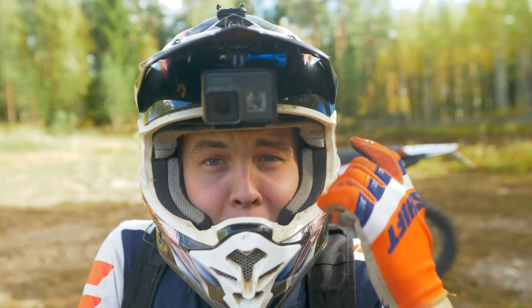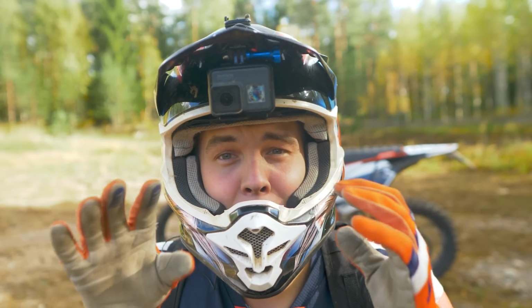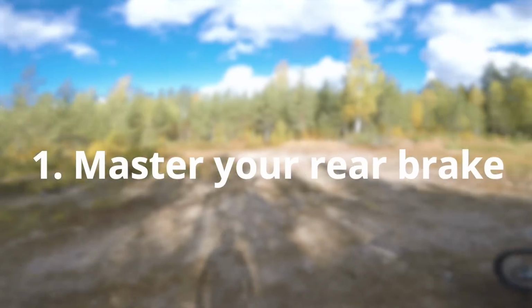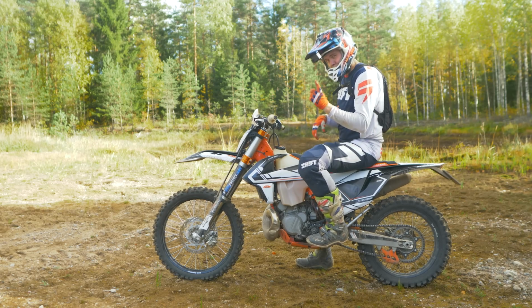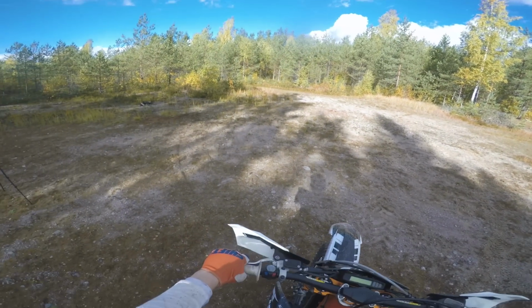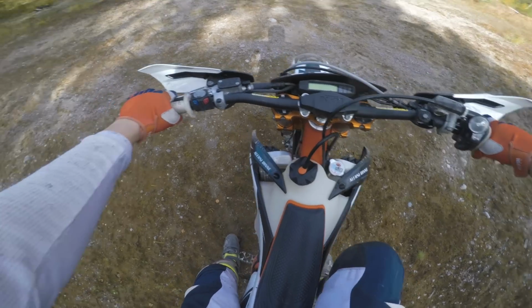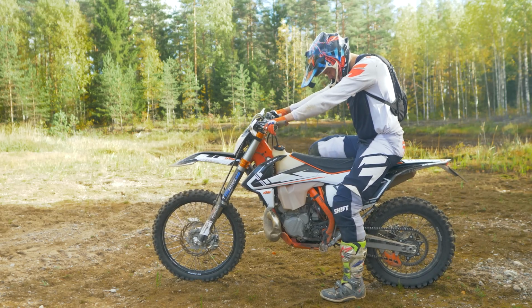I'm gonna go to the bike now. I will show you the first easy exercise that will help you in the future. So the first thing is to put your bike in first gear and hold the clutch. When I start to practice, I move my butt to the rear of the bike,